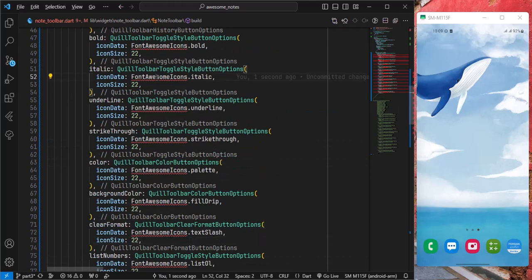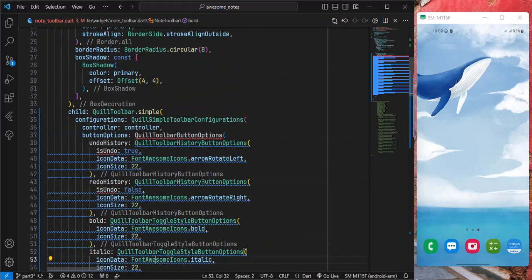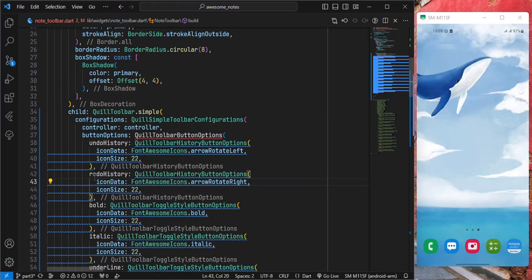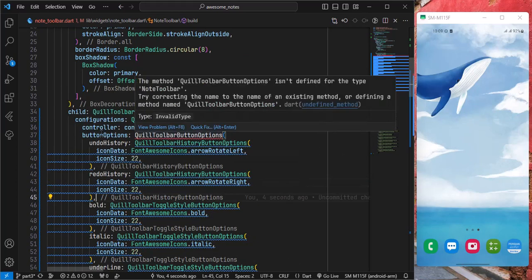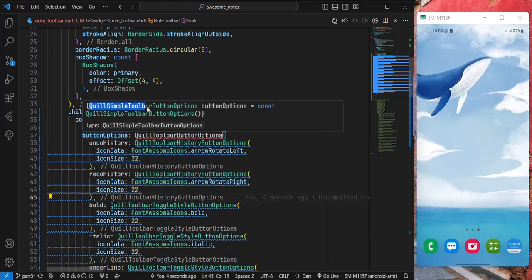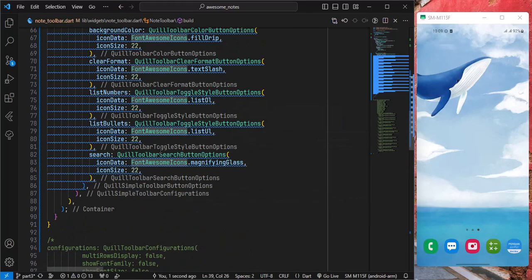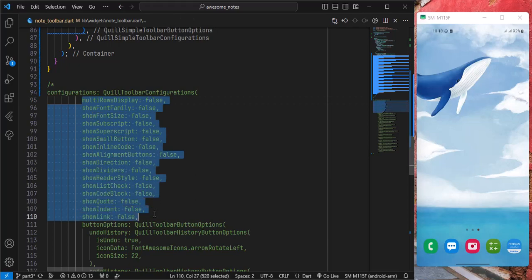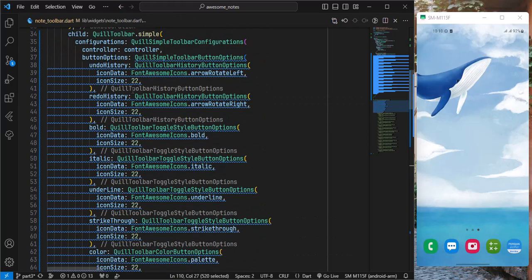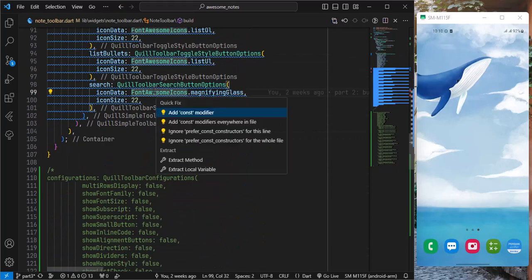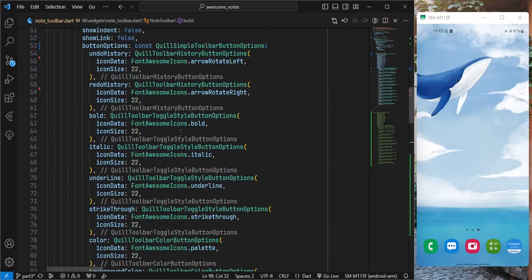And I have to import the Font Awesome, and I have to remove these things because they're not required in this flutter-quill version. And then this button options is now different, and that takes QuillSimpleToolbarButtonOptions, and we have to paste it. And another thing that we have to do is to also copy all of these properties and bring them in here. Amazing. And now just let me add the const keywords, and